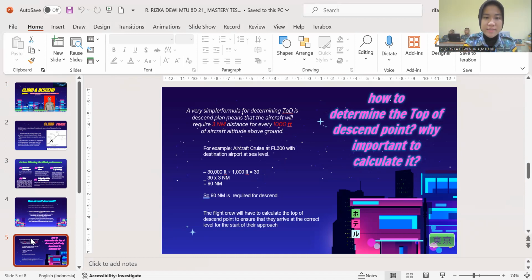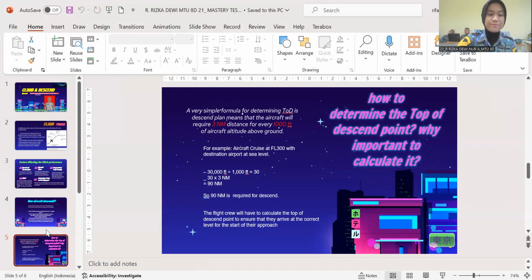So after we multiply, it is equal to 90 nautical miles. So it means that 90 nautical miles is required for that descent. Now, why is it important to calculate? Well, because the flight crew have to ensure that they arrive at the correct level for the